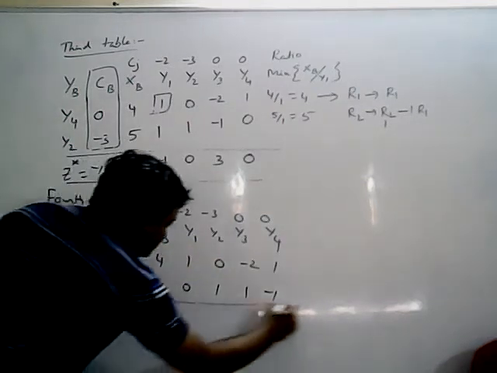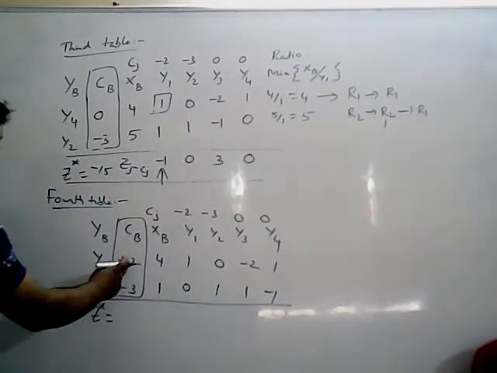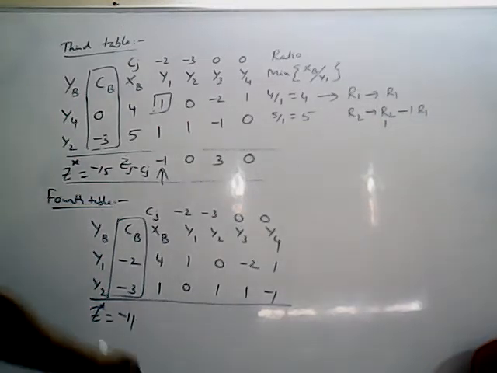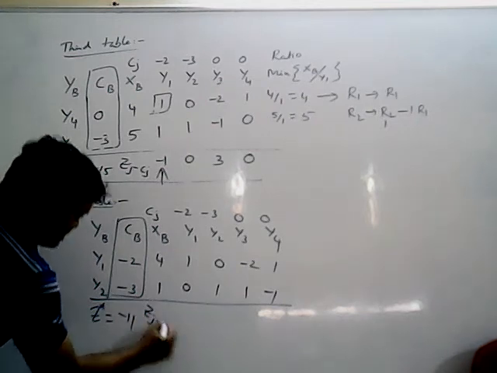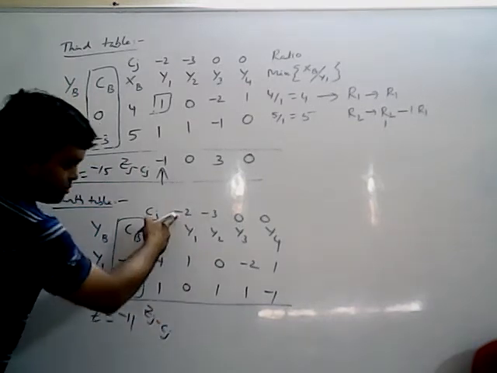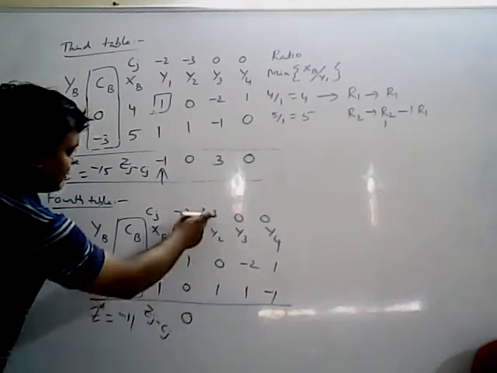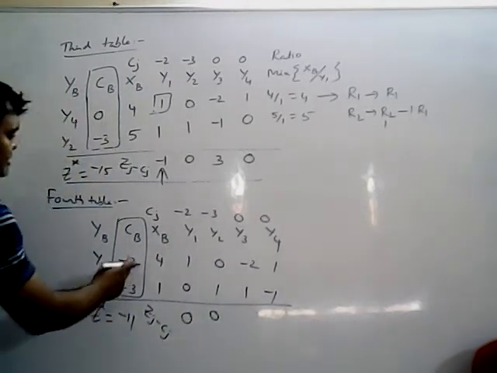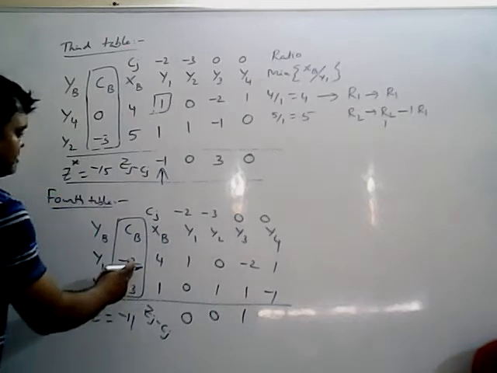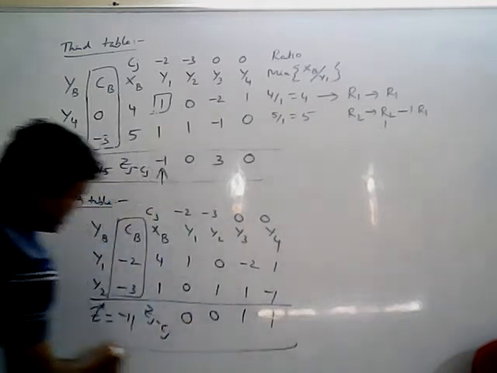Okay. So now you can calculate the z value. Z star you can calculate. So z star value -8, -3, that means -7. Next is Zj minus Cj, net evaluations you can calculate. So -2 into 1, -2. This is 0. -2 plus 2, 0. This is 0. This is -3. -3 plus 3. Minus of -2 plus 0. Next, -2 into -2, 4. This is -3. 4 minus 3, 1. 1 minus 0, 1. Next, this is -2. This is plus 3. -2 plus 3 means 1. 1 minus 0, 1. All are positives or not?